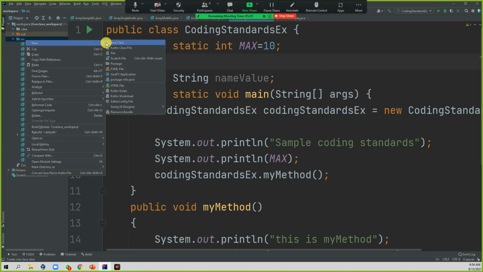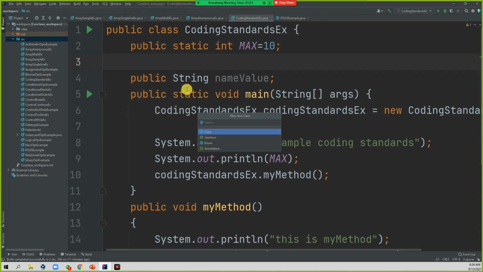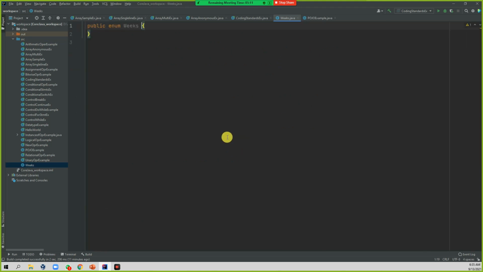I'm going to create one enum here. See, there is an enum option here itself. You can select that enum and name it Weeks. So, public enum.